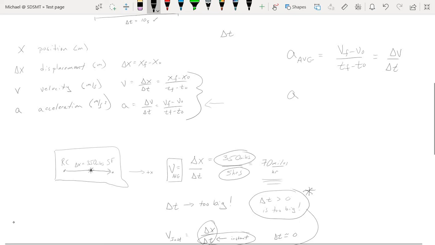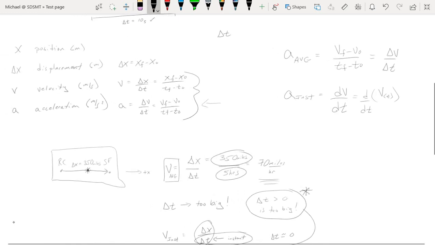If you want to get an instantaneous acceleration, well, then you're going to have to figure out a way of rewriting the expression as a differential. And that would mean having some function of your velocity with respect to time that you can take a derivative with respect to, so that you can get a function for acceleration with respect to time.